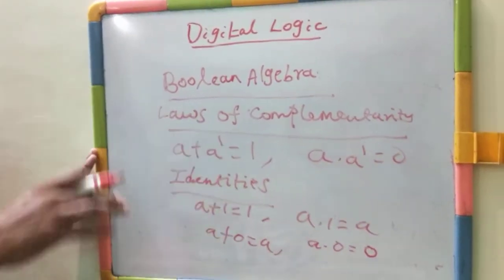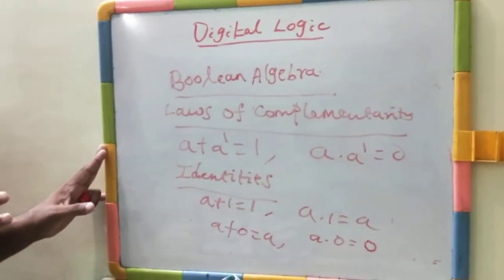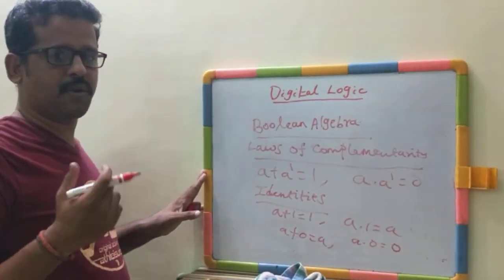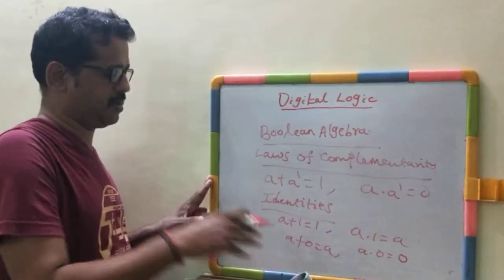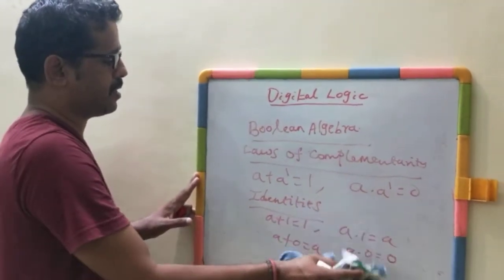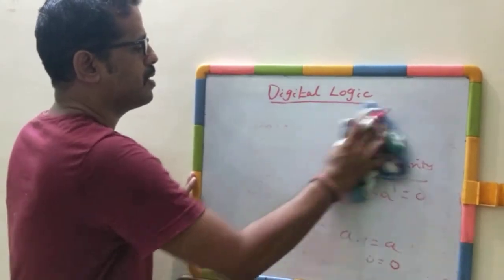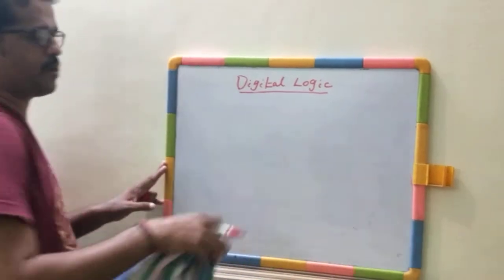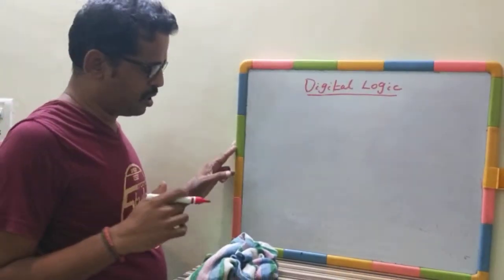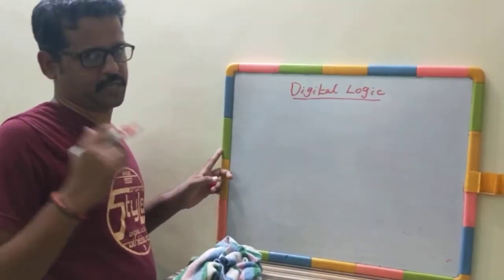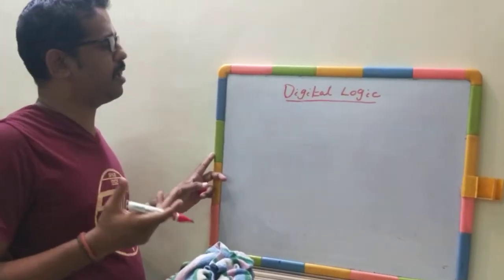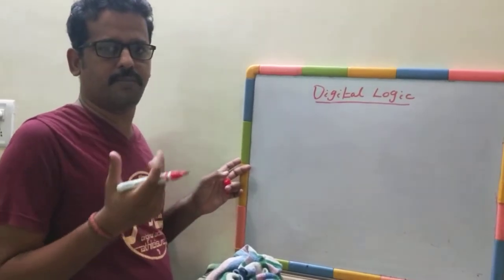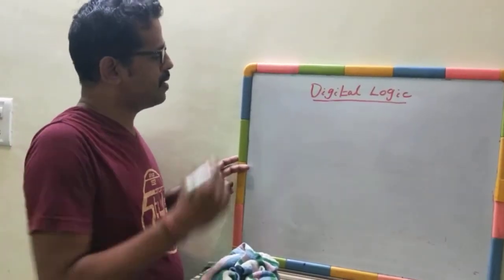So these are the important Boolean theorems that we need to remember so that we can simplify the Boolean expressions in the coming discussion. Right? Before going to sum of products and product of sums, we should know how to simplify the Boolean expression, and how these Boolean theorems are useful for simplifying the Boolean expression. Right?